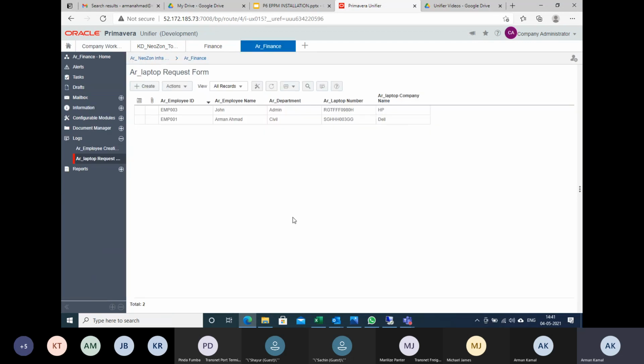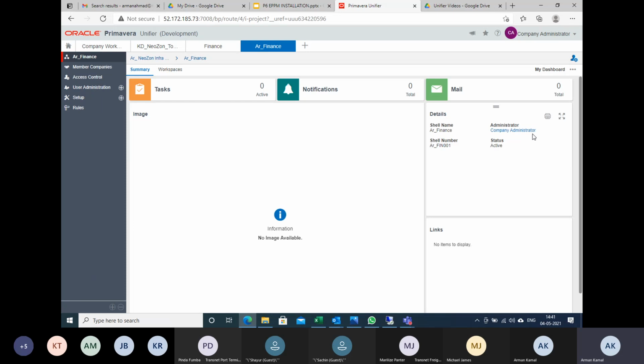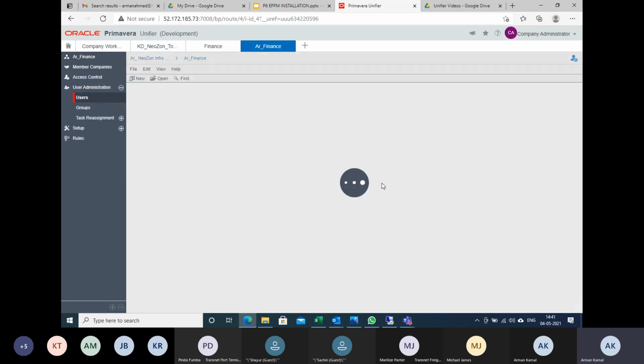yes, I have to give the access to the respective cell also because he is the manager of this particular cell. So how to give the access? As you know, for any kind of admin-related thing, you need to switch back to admin mode in the respective cell, on the top right. Now here I will go to the user administration, then to the user.